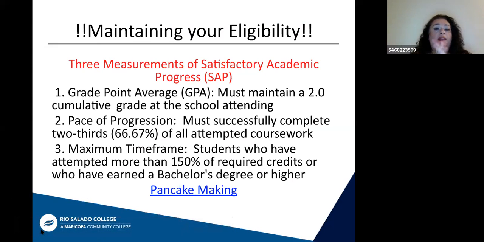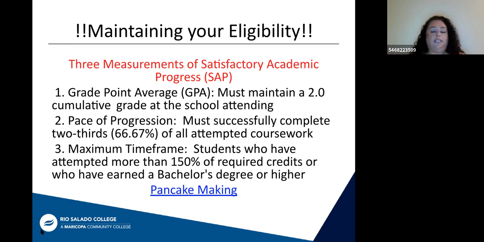So after you've been awarded and now you're going to school, you have to maintain your eligibility in order to continue to be eligible for financial aid. So you have to maintain your grade point average and your pace of progression. And I'll be honest, this is what I see get students, especially when they're first starting college. They'll take a lot of just kind of fun classes and things like that, and they'll drop them. And then they don't realize that that's going to affect them down the line on their pace of progression,